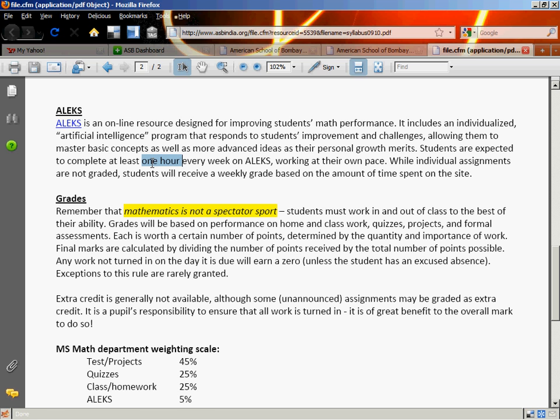Every week, you'll be required to complete 1 hour on ALEX. You will work at your own pace. Some people will go very, very fast and fill up their pie of topics quickly. Others take a little bit longer, and that's okay. The nice thing about ALEX is it's self-correcting in response to how you do. Later in today's lesson, we'll look at getting you signed up for ALEX. So for right now, just know that that will be part of your requirement to do that 1 hour every